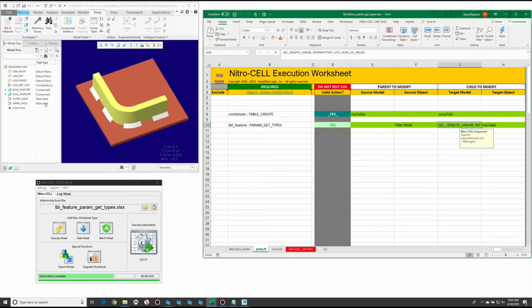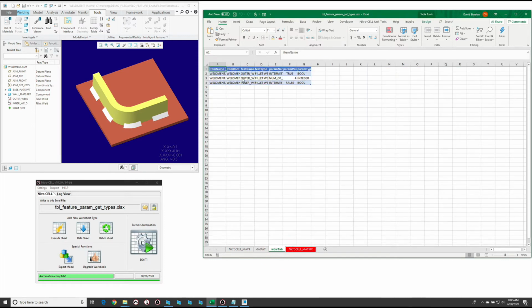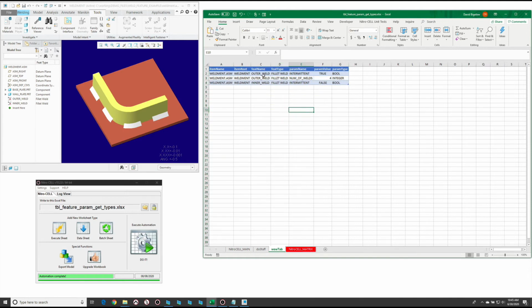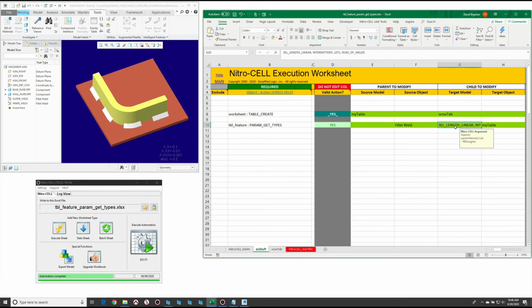we have two features in here that are fillet welds. So we should get some data here by at least two parts, or two features. So as you can see here, we're looking at the current model, which is an assembly, and it's reporting the feature names, which are outer weld. We have two pieces of information we're pulling out, as well as a third piece of information. And I noticed that seg, notice I misspelled this, so seg length linear didn't show up, intermittent, and so on and